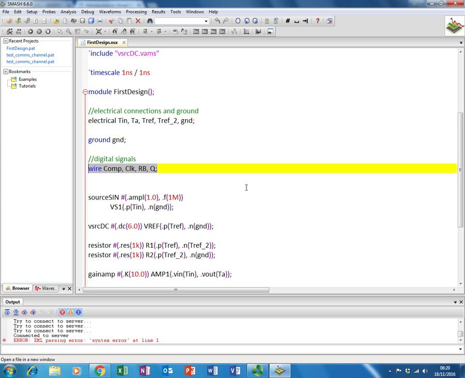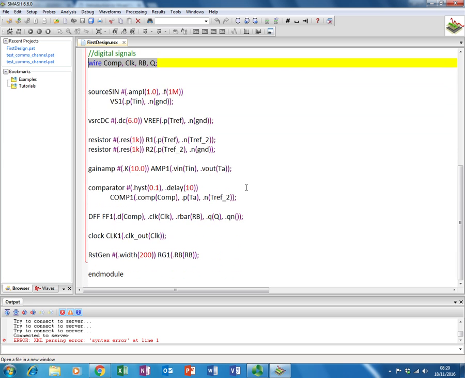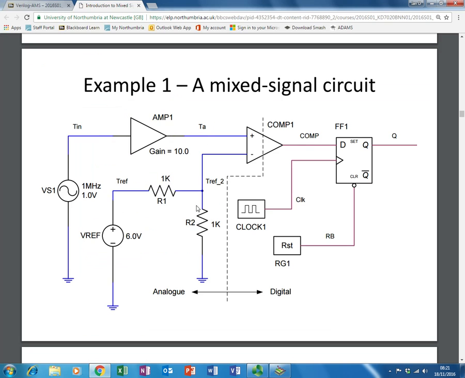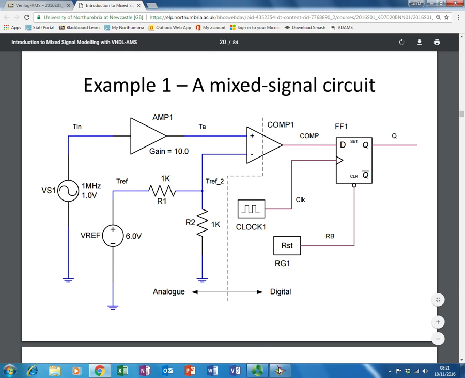Then the digital signals are declared. These are all to do with the digital components. And then we have a netlist, effectively, of components in the same manner that you create a Verilog netlist. In Verilog-AMS it is no different. The only thing is that some of the components are analog components. So for example, the sine wave source has an amplitude parameter, set that to 1 volt, a frequency parameter, set that to 1 megahertz. Its positive terminal is on T-in and its negative terminal is on ground. It's quite useful, this editor, because notice how it highlights all the occurrences of the same signal. So this is this sine wave source over here,